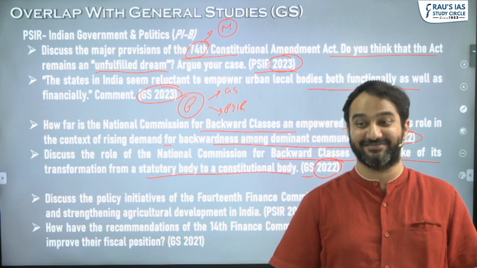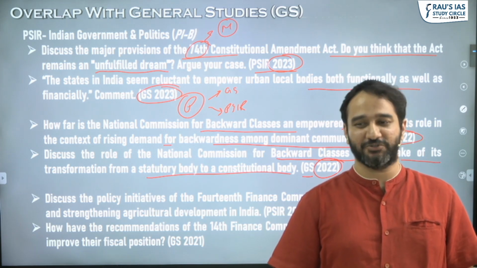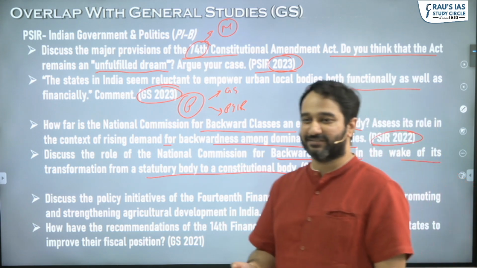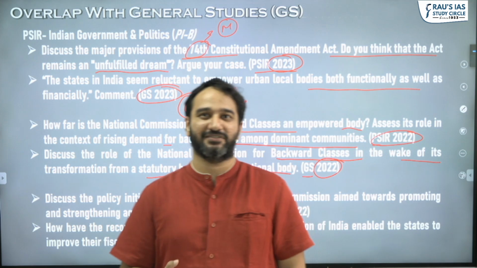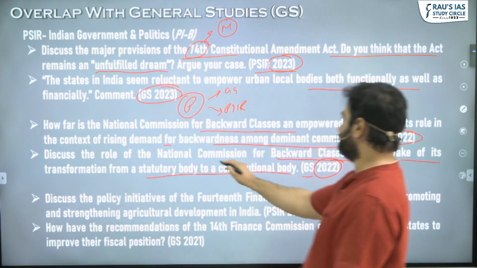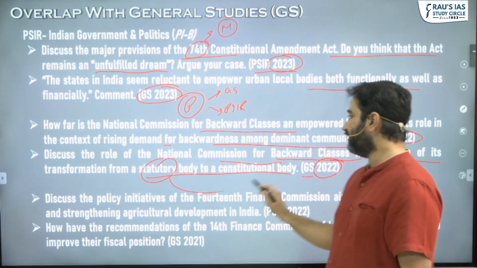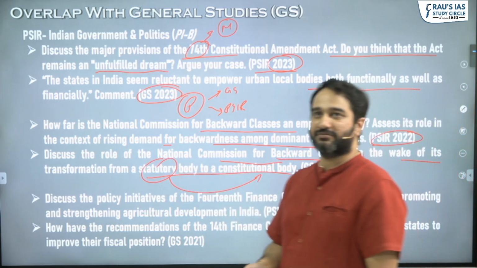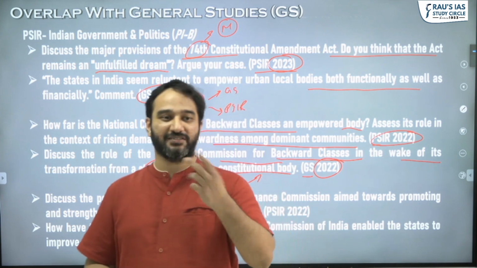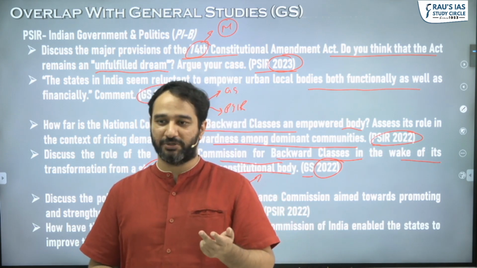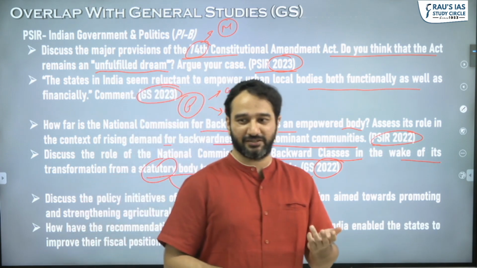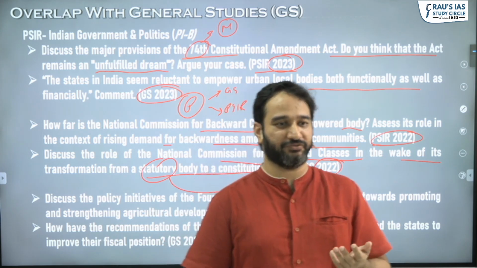No, the Mandal Commission was, what is the case that is in relation to it? The Indra Sawhney case. So the Indra Sawhney case ended up saying that there should be a National Commission for Backward Classes. So initially they formed it as a statutory body. Later they turned it into a constitutional body. But in both the answers, same information. It's not going to be different. You're going to learn the 102nd Constitution Amendment Act. That is not going to be different.